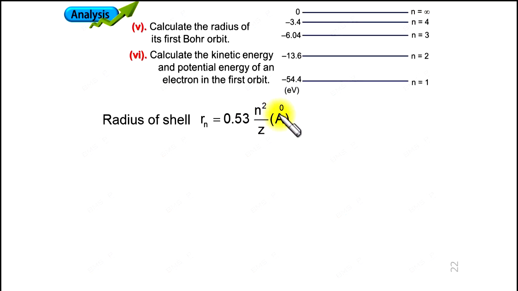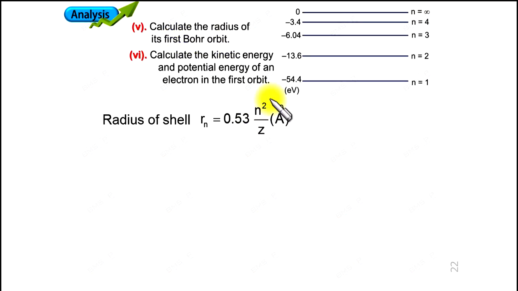This is in angstrom. And if for a hydrogen atom we want to calculate the first Bohr orbit, what will we do? We will substitute Z equal to 1 and n equal to 1, and the first Bohr orbit for the hydrogen atom is 0.53 angstrom. And here we calculated the value of Z, that is equal to 2,